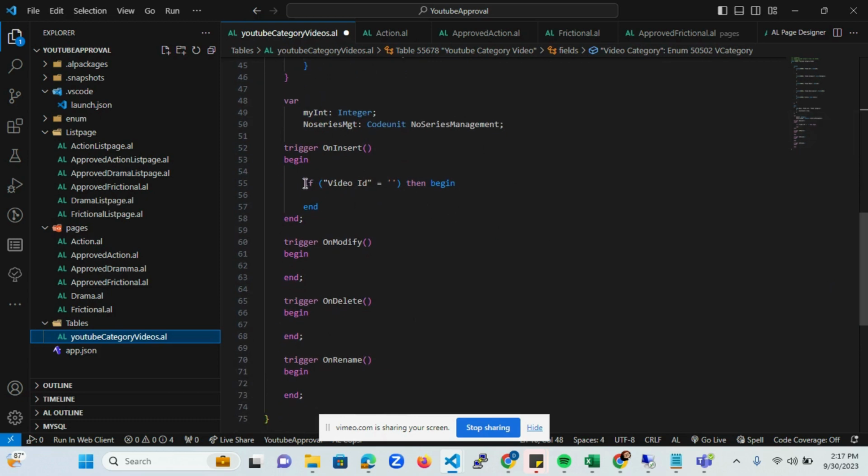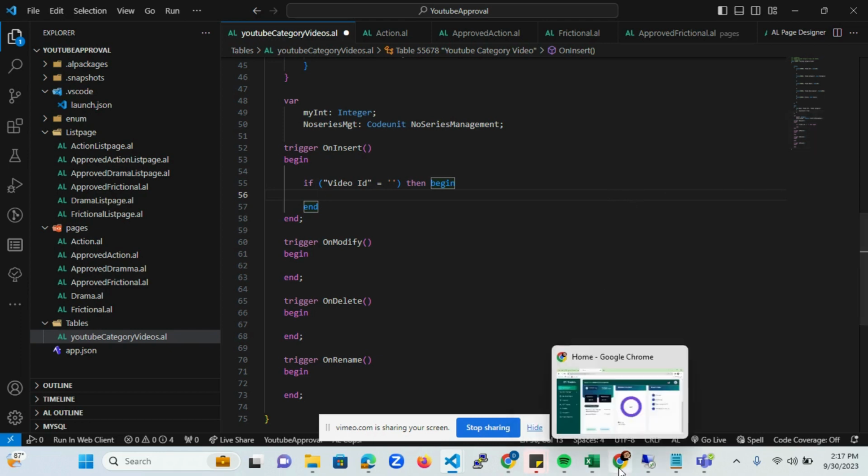So for the number series, you can see immediately on trigger and insert, we're going to initiate this number series. The first thing to do is check if there is no number series already. If there is no number series already, we plan to create one. So let's assume we had a setup, or should we just create it on the setup? If we are to create it on the setup, I think we have a, let me see,